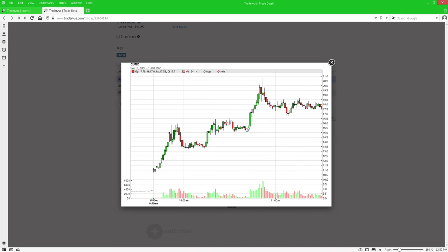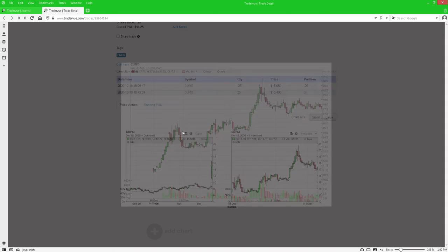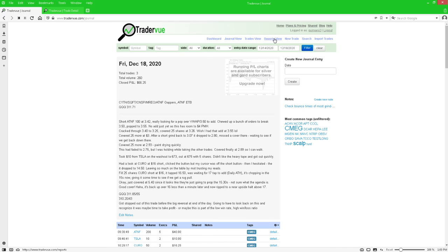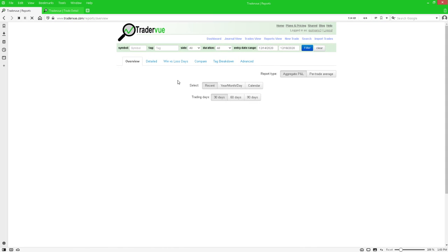At this point, there's no clear indication of where this thing's going to go, which means I don't want to be in here anymore. I didn't get the move that I thought I was going to get out of it, and so I covered here, which you can see is a pretty good cover. And then I think I continued to watch it for a little bit, but didn't take any trades on it. But anyway, it was a good week. So let's look at